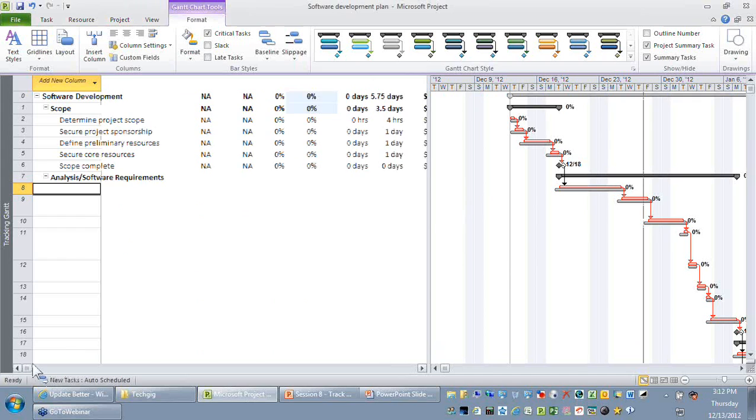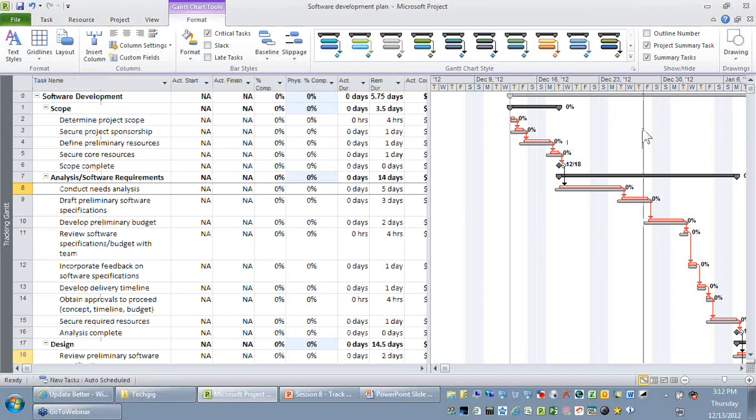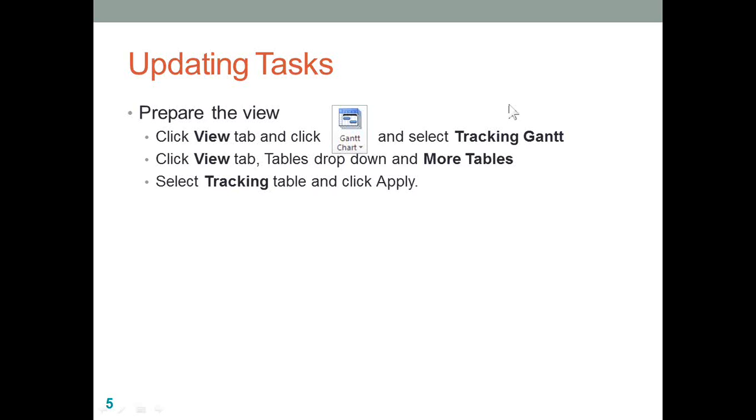You can now observe that there is a small red color line which stands for the status date of your current project. So as per your current project plan, activities that are before the status date should be updated. Activities that are happening after the status date are something which is yet to start. Now I'm just going to give you a few scenarios which you need to remember.